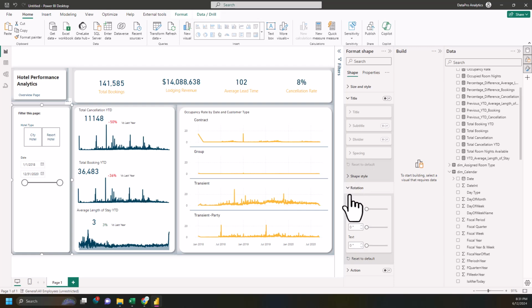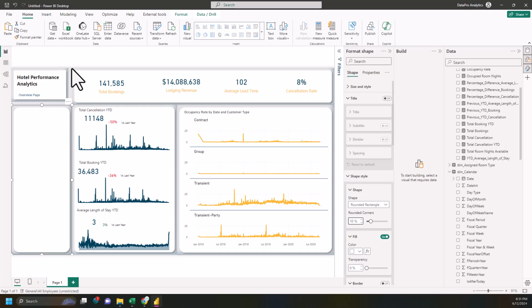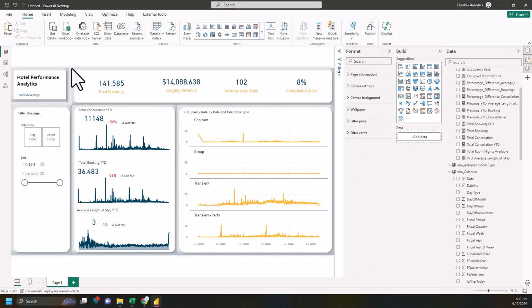Let's change it to the round corner. Let's change it to 10. Okay. So this is where we are going to stop for